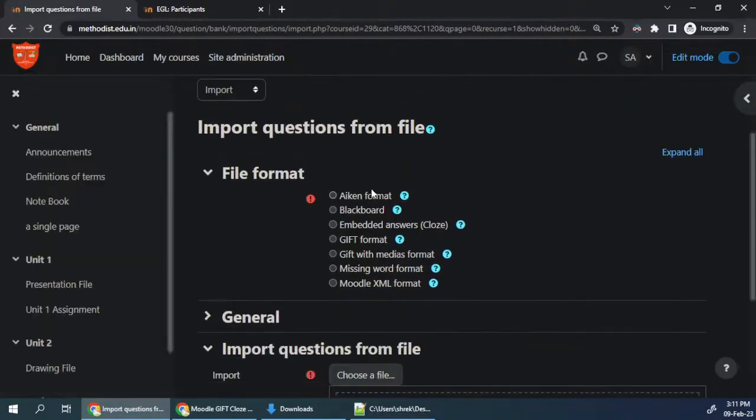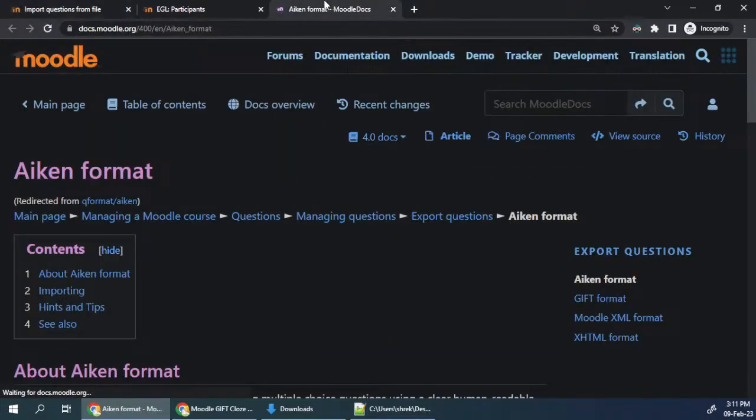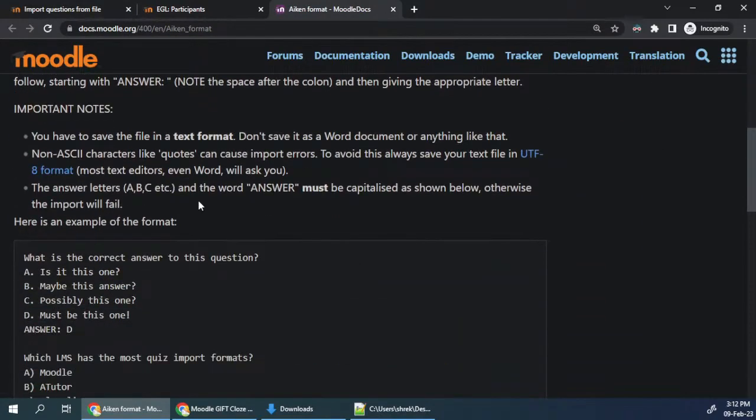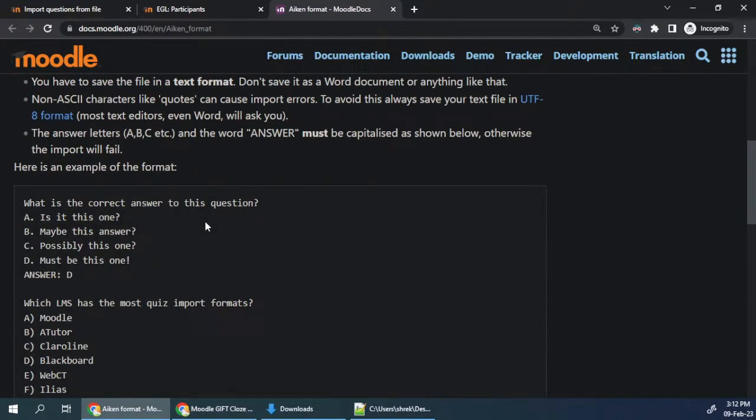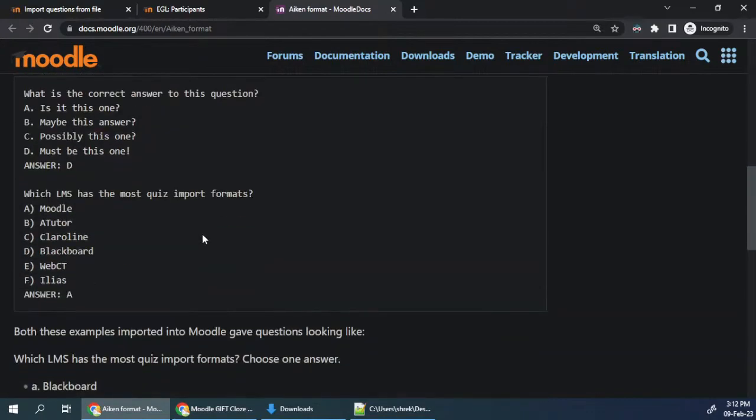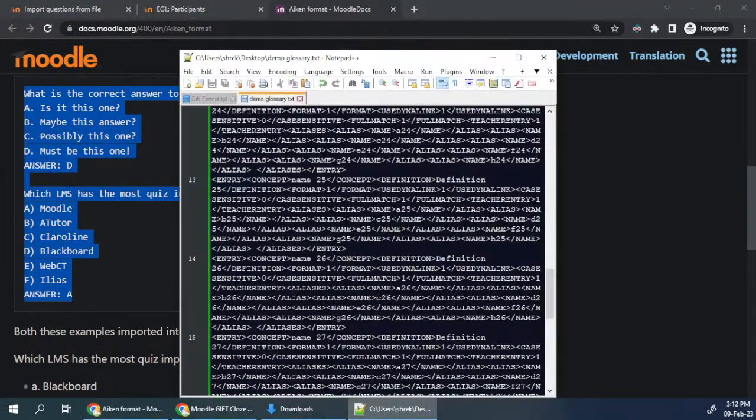and then there are so many different formats in which we can import the questions. Fine. So details of all these formats we can get over here. Just if you click on this question mark, it will take you to the documentation for that particular format. So Aiken is the simplest format that we can use to populate the question bank with multiple choice questions. So the format in which we have to type is this format. So let me just copy this